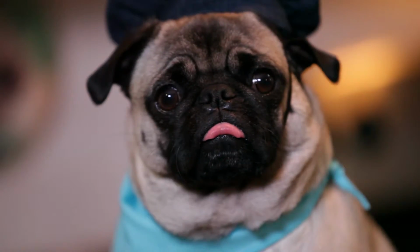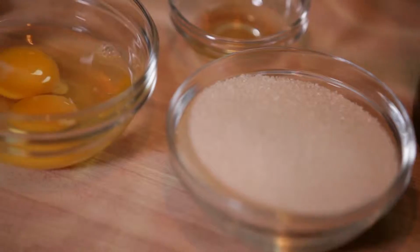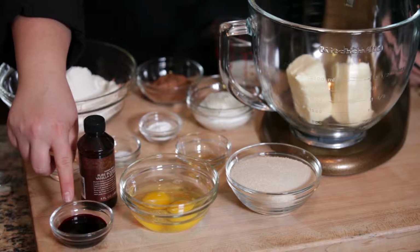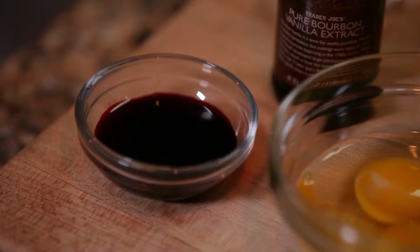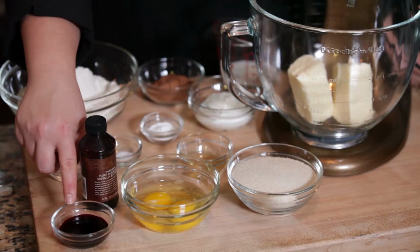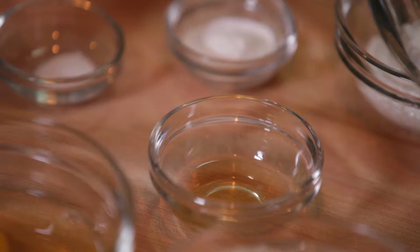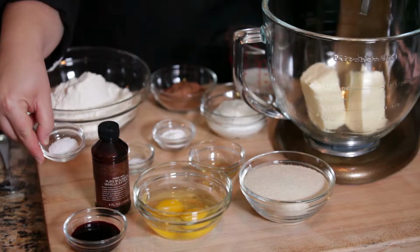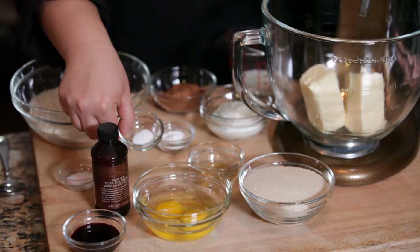So for this recipe, you're gonna need 1 cup of butter, and a cup of sugar, and 2 eggs, and 1 tablespoon of red food coloring. Although you could use any dark color you like, blue or green. Can't really use pink, I tried that and it didn't work so much. And 1 teaspoon of vanilla, 1.5 teaspoons apple cider vinegar, and 1/2 teaspoon of salt, and 1/4 teaspoon of baking